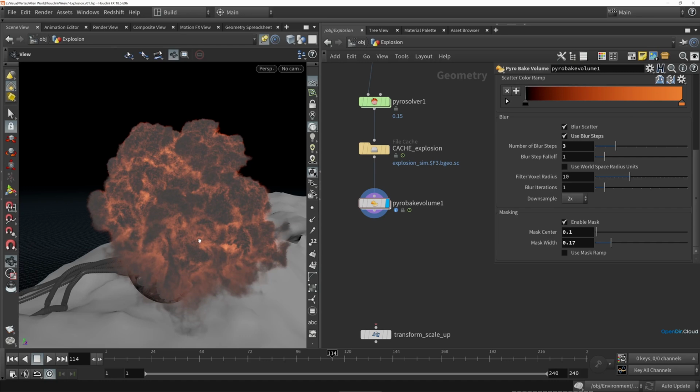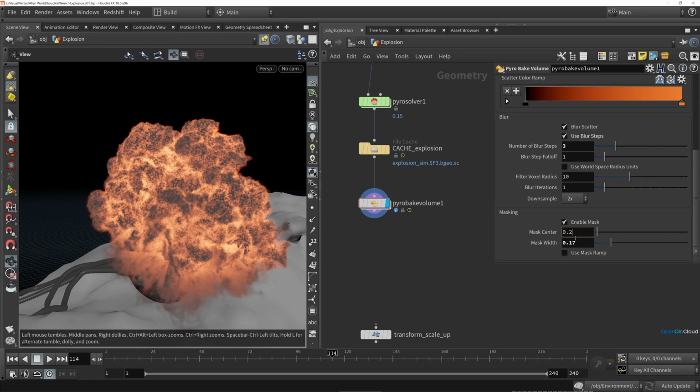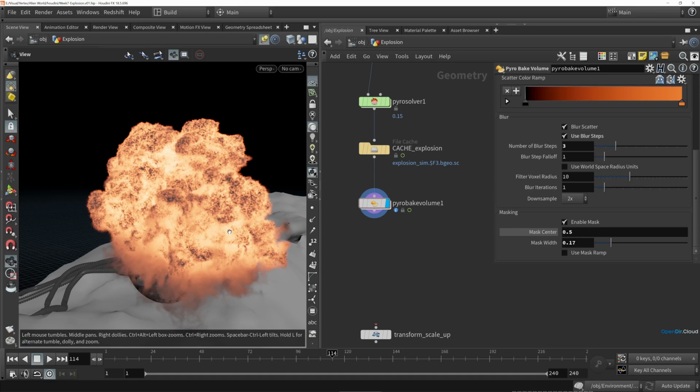So we're just seeing a lot of smoke and less emission here. And this is what the default value of 0.2 for the mask center looks like once again. And if we raise this mask center to a value of something like 0.5, then this is a bit less successful in masking out some of those crunchy surface areas that we want to see. And this will give us some detail in our explosion render, but that higher center value is really just kind of